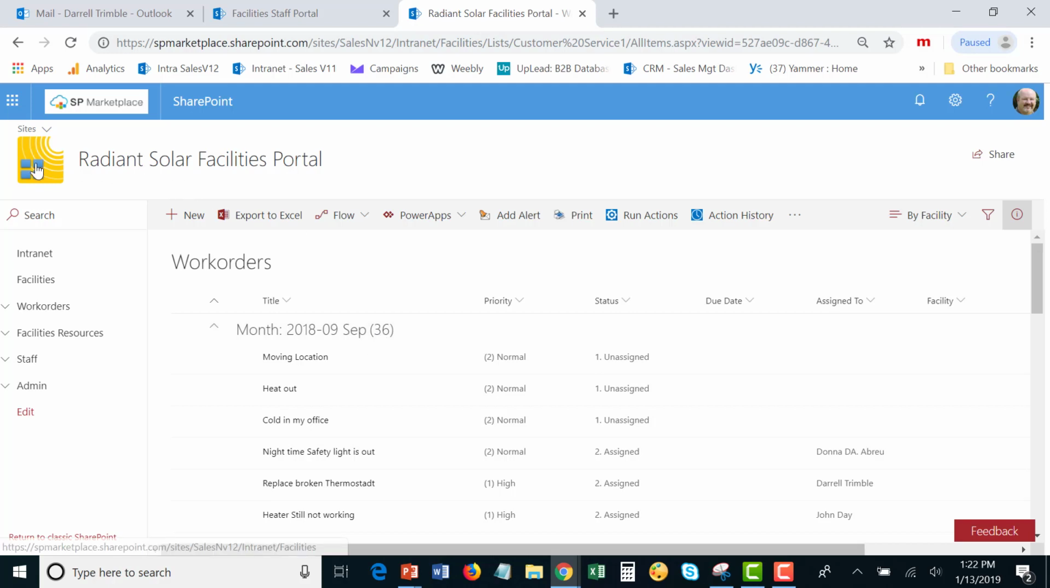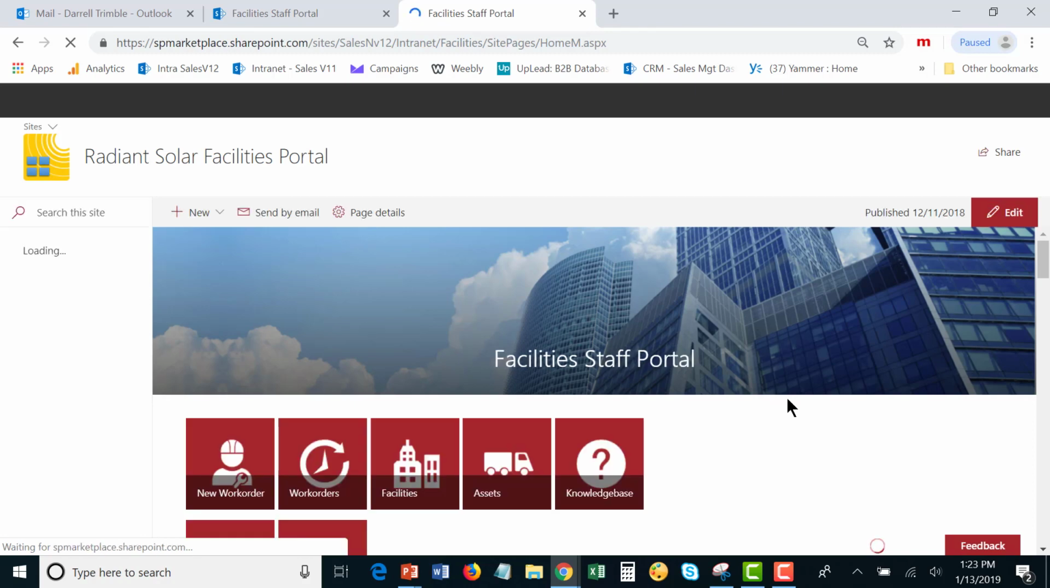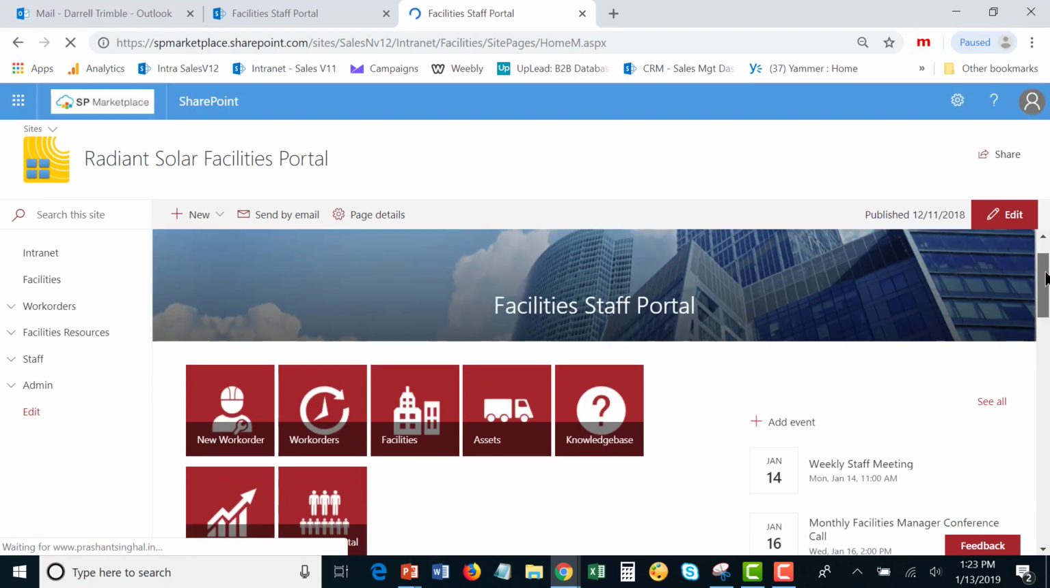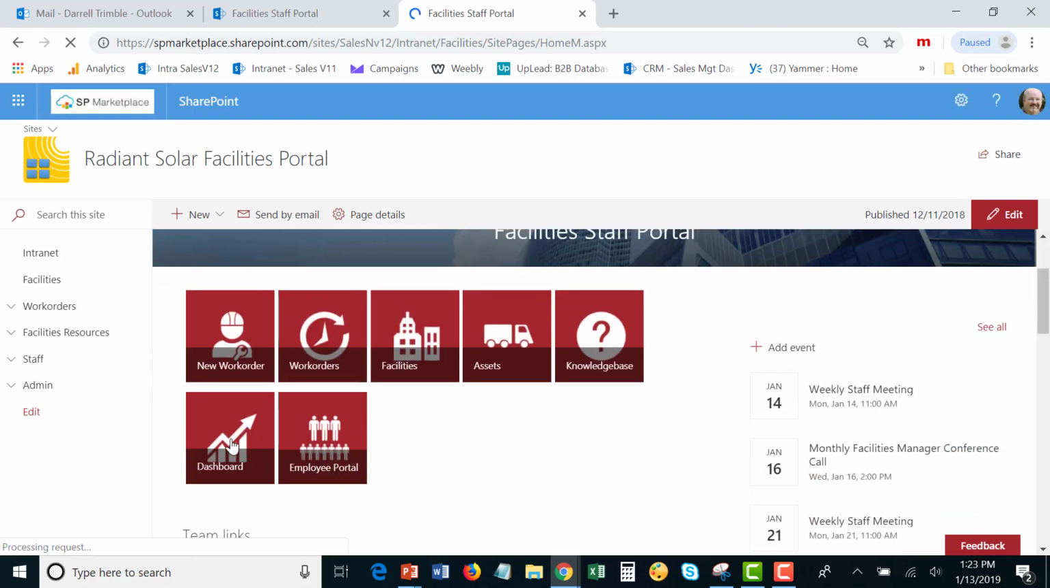Now on the front page too, there is a dashboard that I can see more information related to work orders. And again, one of the key things to remember here is you can create your own reports, your own views, beyond the ones that are already created. This dashboard is actually in something called Power BI. It's part of your